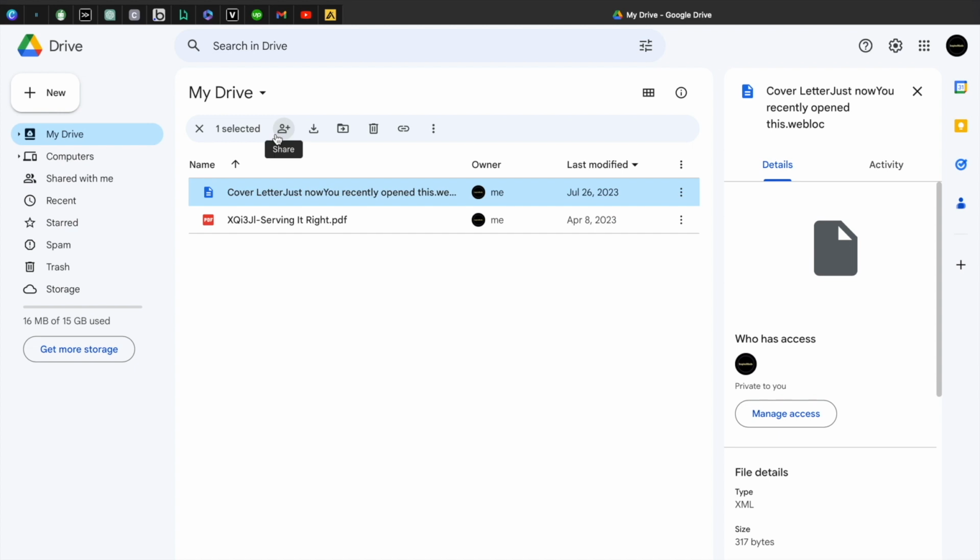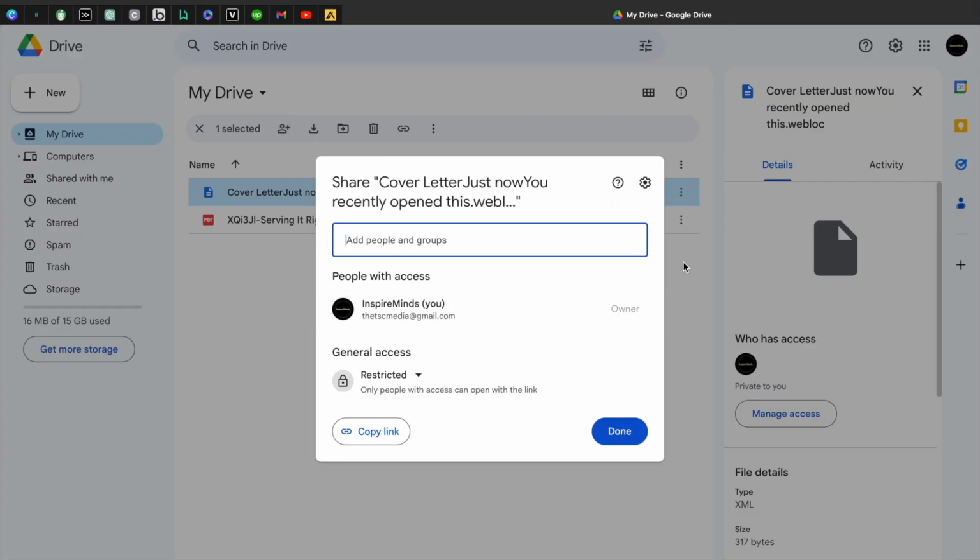You're going to want to click on the person with the plus sign, and then this pop-up will show up in the middle of your screen. Right here, you will see all the people that have access, including other people that you may have sent it to previously. At the top, in this little bar, you're going to want to type in the email of the person you'd like to share with. Their account will come up just underneath it, and you will click on that one and add it to the